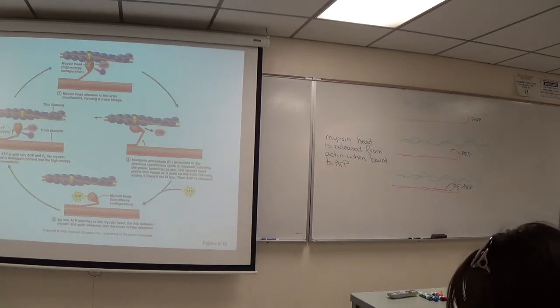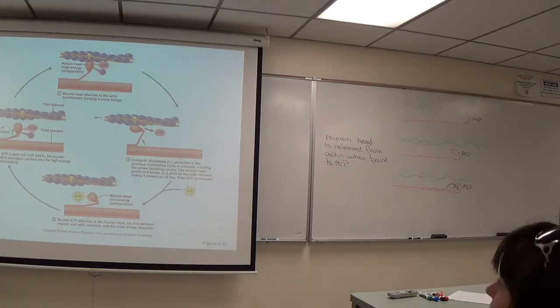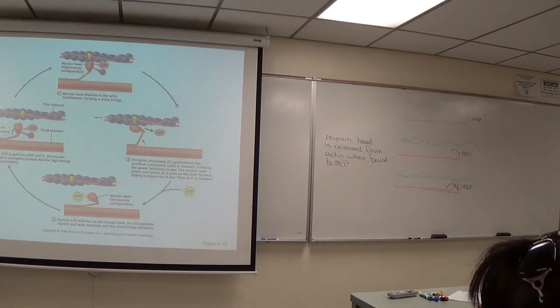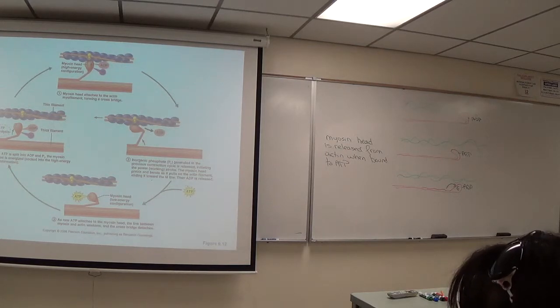So the calcium binds to the troponin. The tropomyosin binds to its binding site. As long as there's ATP, it does this. But eventually, it's going to use up all the ATP in the muscle cell. Mitochondria aren't producing any more. And so when the last ATP molecule is used up, there's going to be a lot of